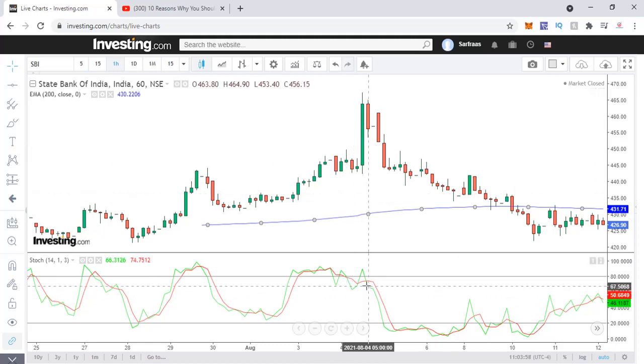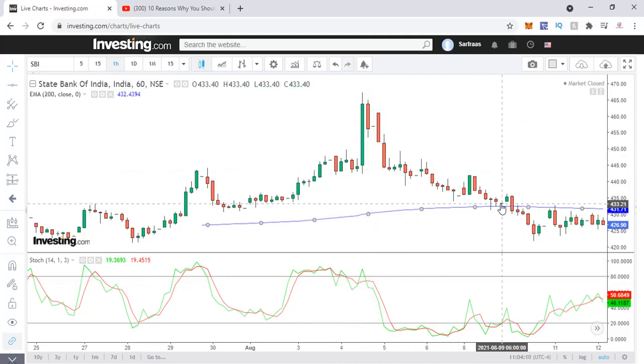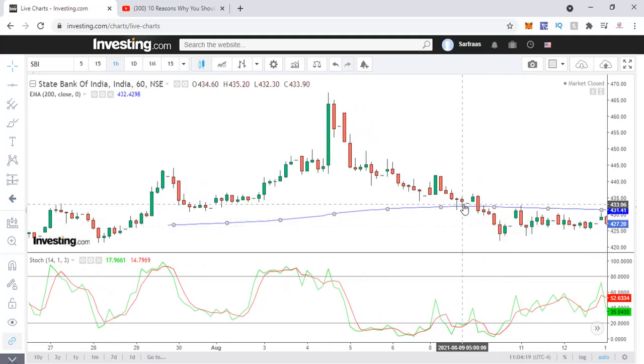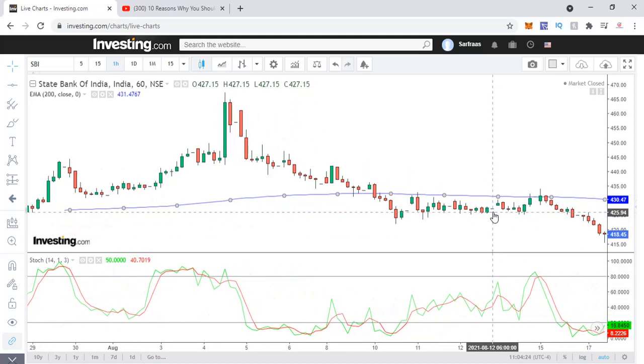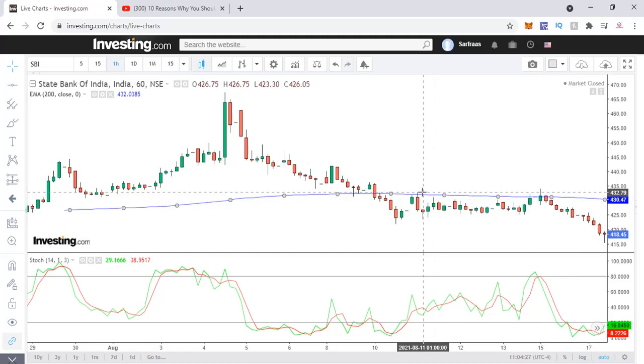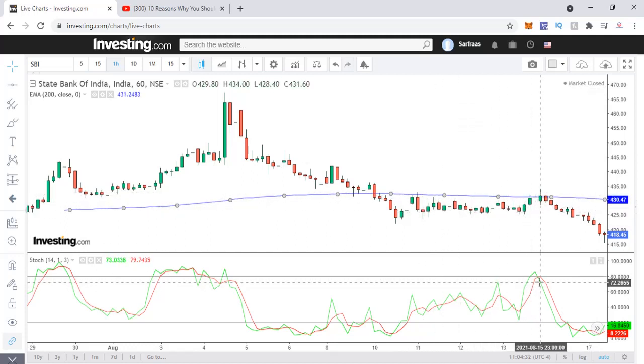Although there is a huge negative showing over here, typically until you get the hang of it, I wouldn't be shorting here. This is a negative crossover, so it has given a correct negative crossover, but I will not short over here. I will wait when this candle plots below. That means the trade is happening when it is plotting below, so I'm going to just take short calls. When it crosses above, you see there's a negative sentiment, it's taking a resistance, like a negative crossover.